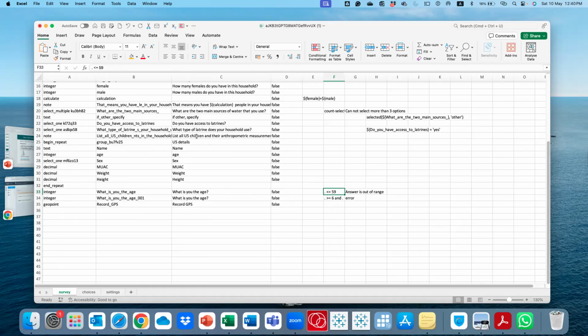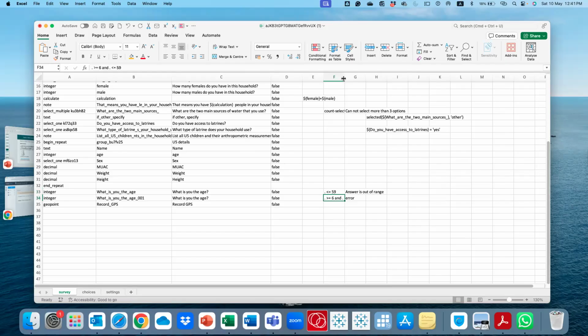So you will see there is a dot, and then the less than sign, and then an equal sign, then 59. So a dot means this question. This question, according to KoBo, is represented by a dot. So this expression here means the response to this question should be less than or equal to 59.